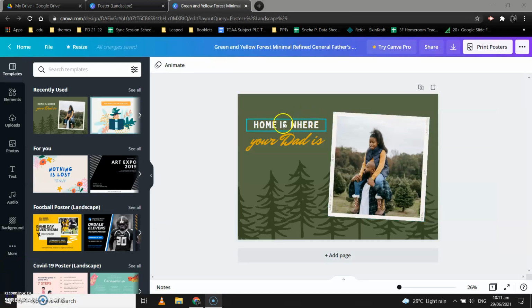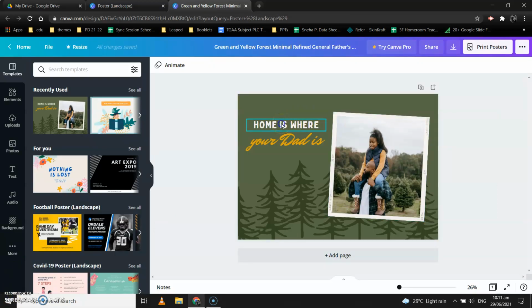Okay, so when I click on the template that I liked, the template opens in a new tab. Okay, so here is our template. Now I want to write about rains. So I will write